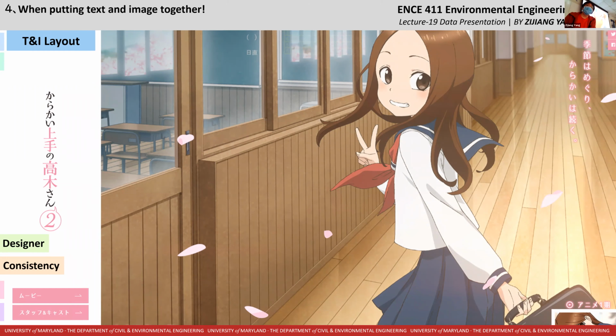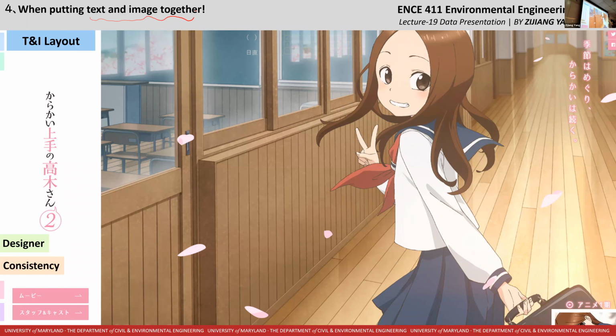And the last topic is about when putting text and image together. In this case, this is a website, the main website of a Japanese animation. And from this picture, we can see this is the main character, of course. And in the picture, we have the flakes of the cherry flower. And we can also see that